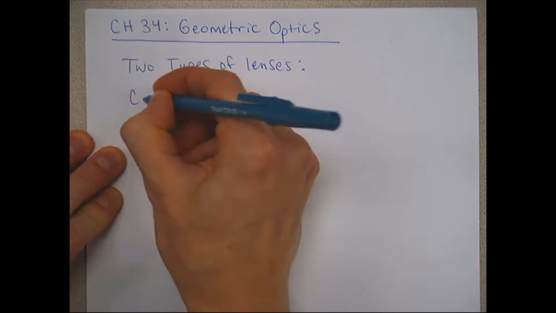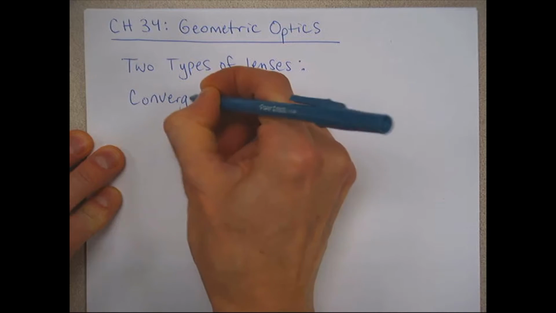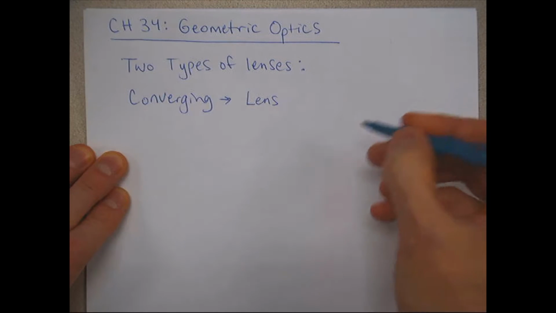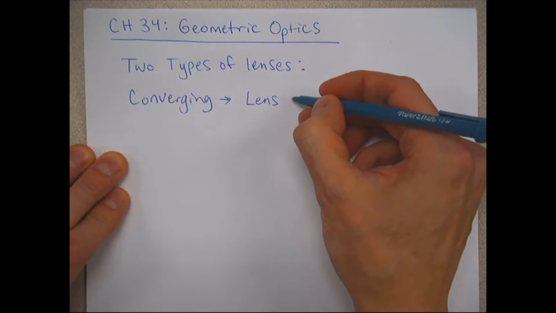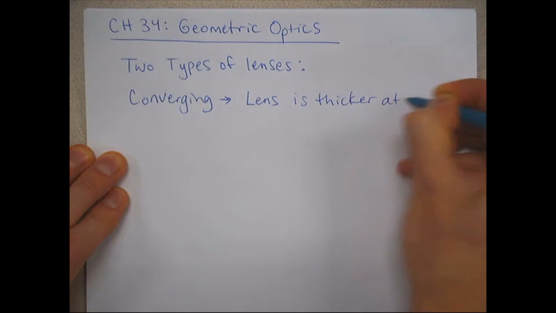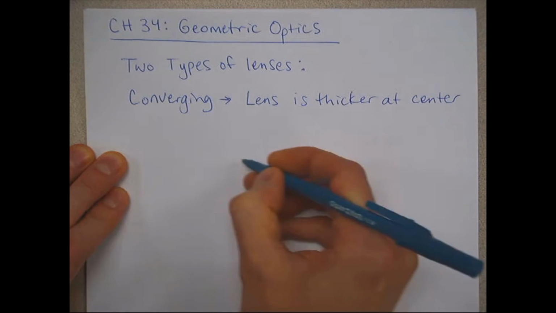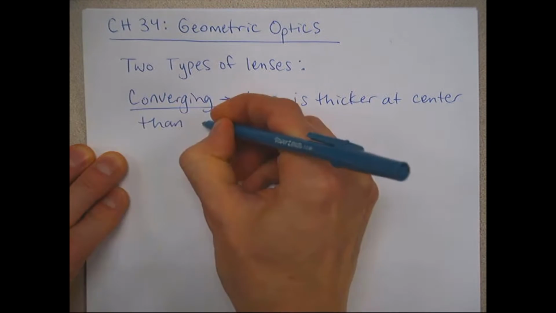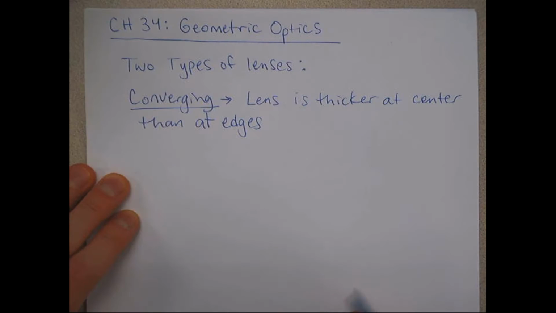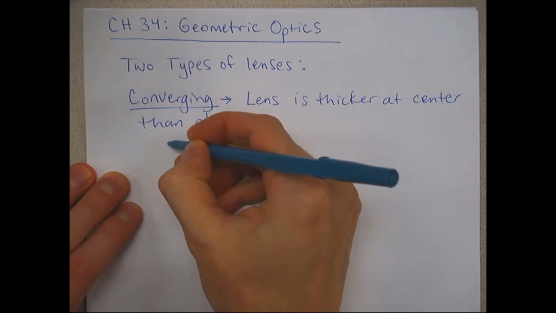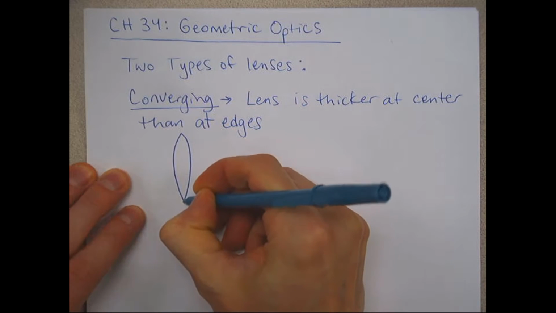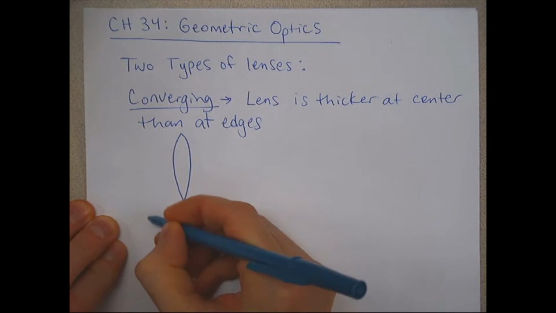The first we call converging, and you can identify these lenses because they're thicker at the center than at the edges. There are different shapes of lenses that represent all the same basic category of converging. The most common that we'll run into is called a